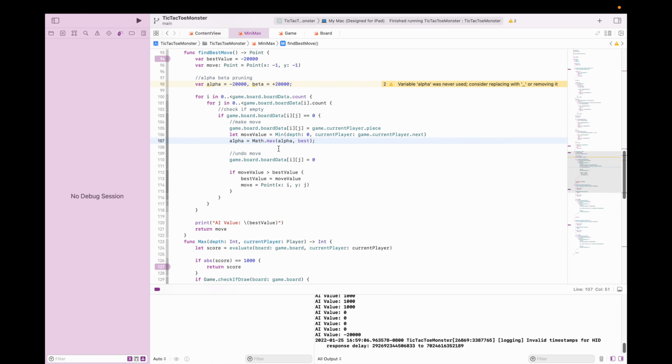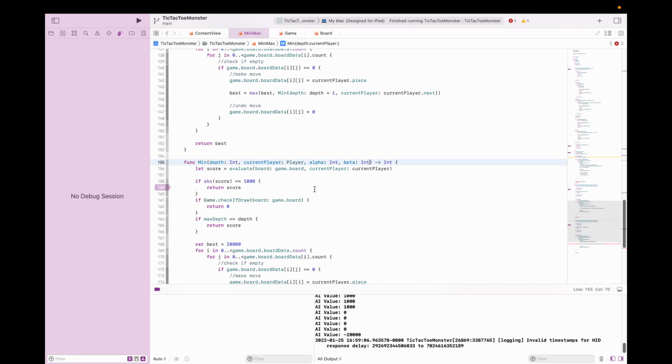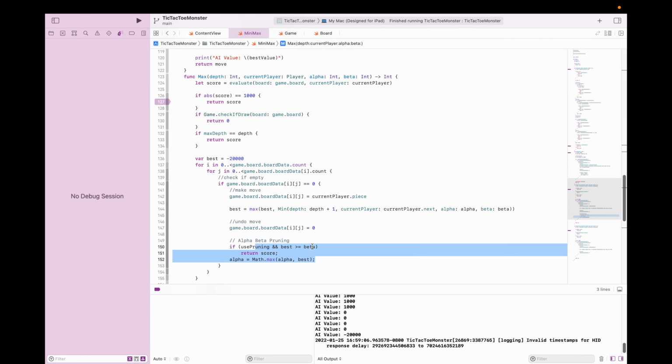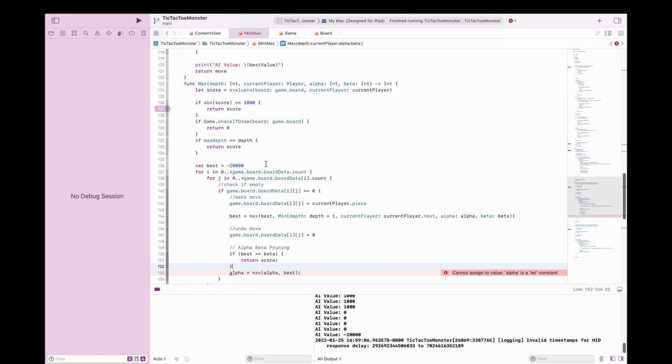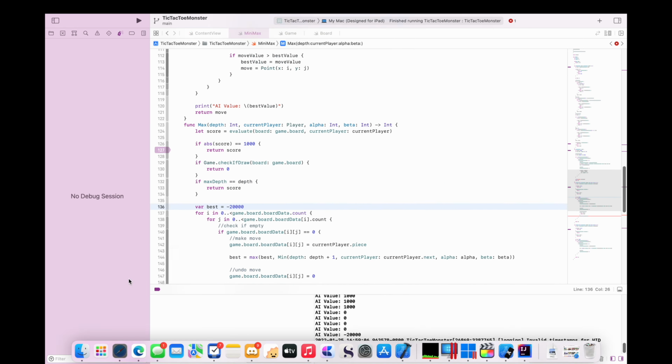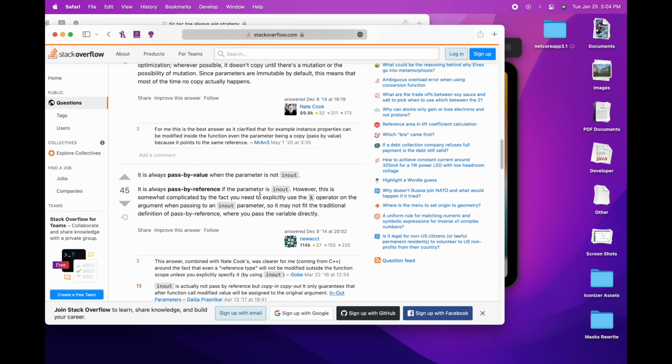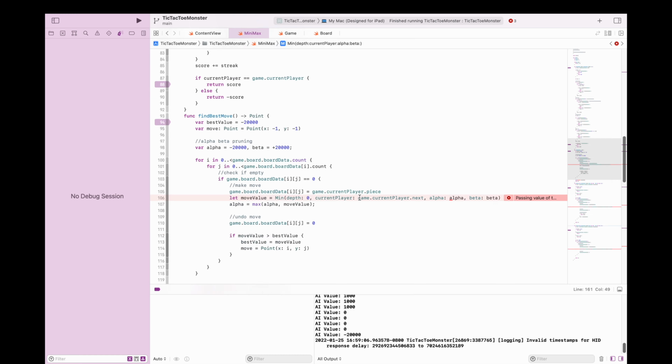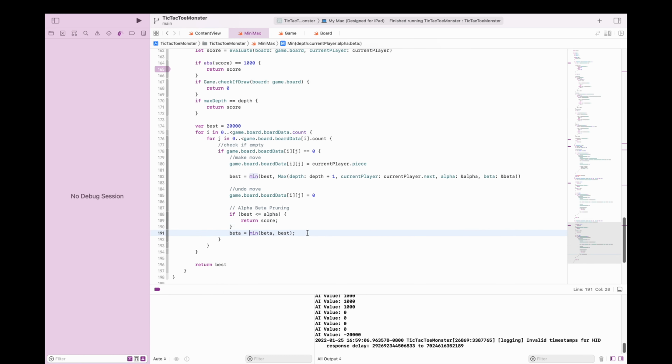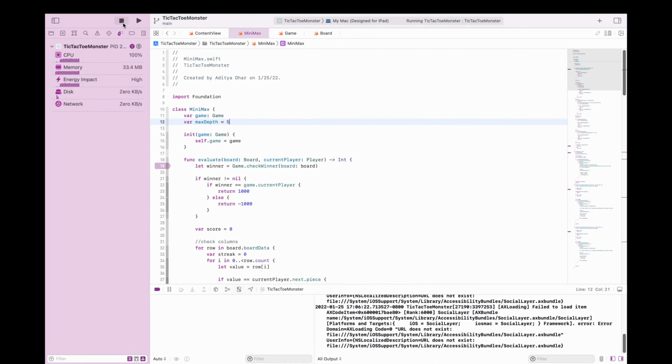Now, as for alpha beta pruning, I used some of my old code because it was good, and I don't really want to relearn the logic all over again. I mean, the logic is pretty simple, but for the most part, I just want to stay on the road that's safe because this stuff can get real ugly real fast.